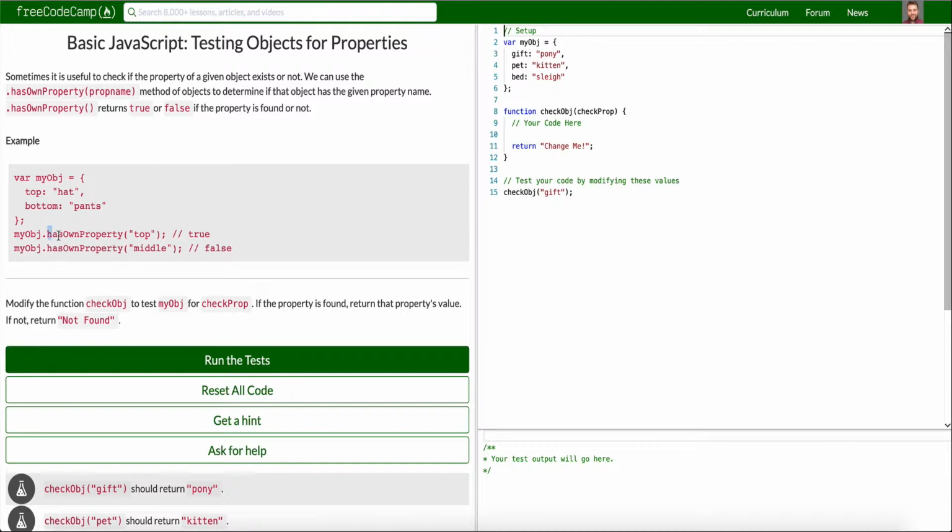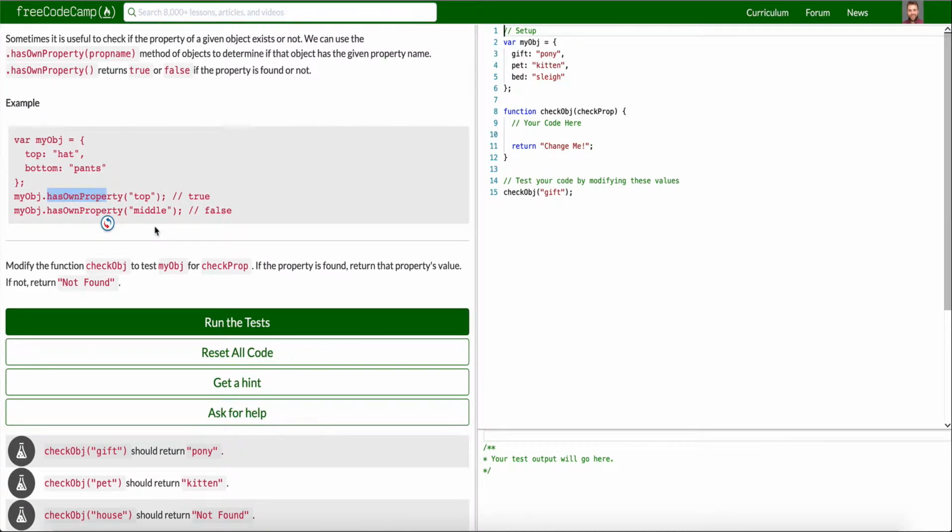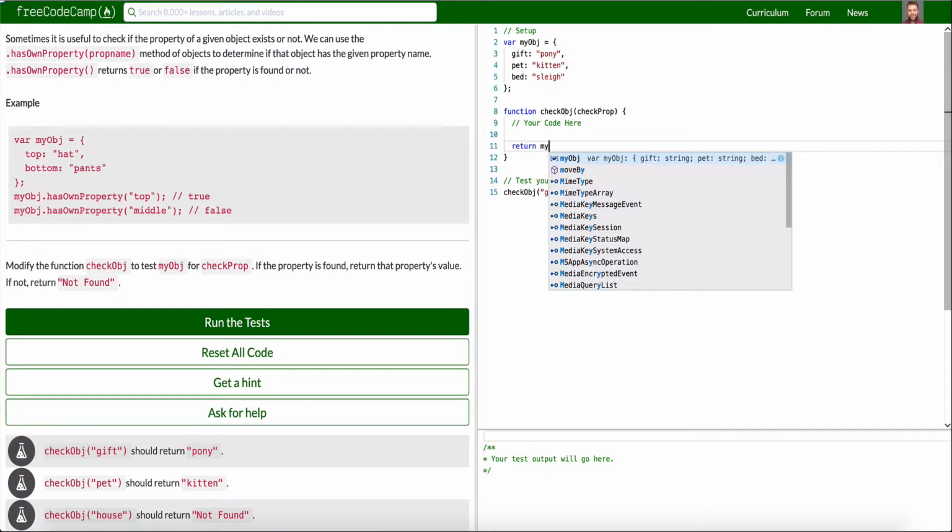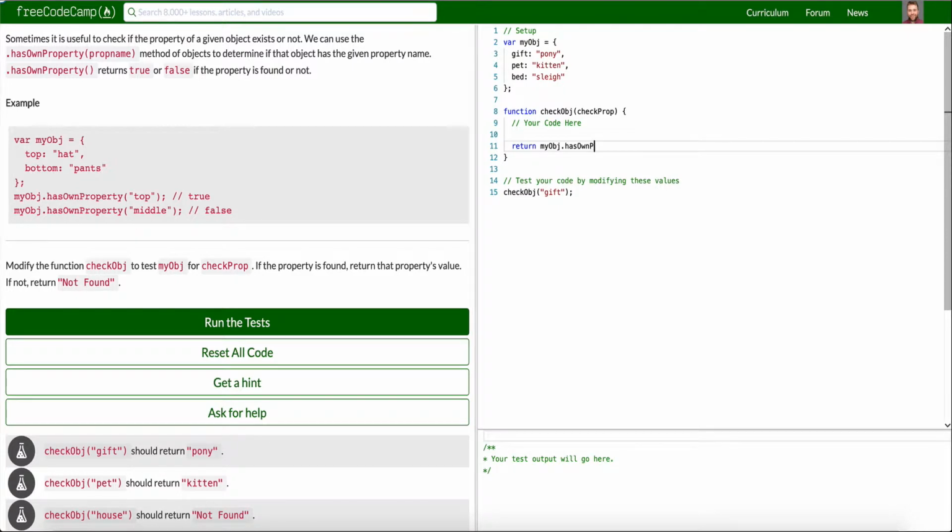Objects have something called hasOwnProperty, which will look at the properties on the object itself, not its prototype. And we'll learn a little bit more about prototypes hopefully later on. But basically, it will just return back to us a Boolean value, true or false, if the object has this property. It's a checkObj. So we're just going to check for the property. Basically, we can just say, let's see, checkObj. We can say return myObj.hasOwnProperty(checkProp), and that's all we